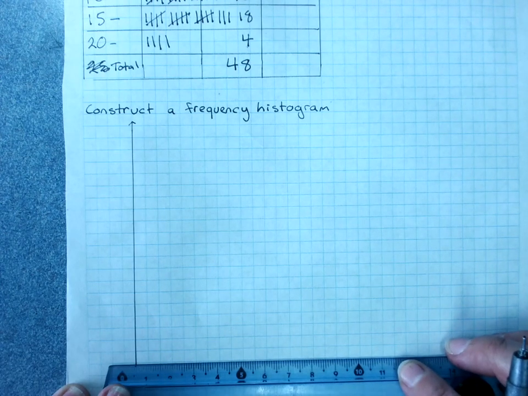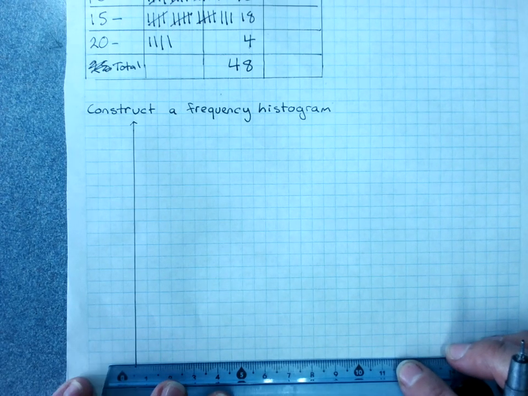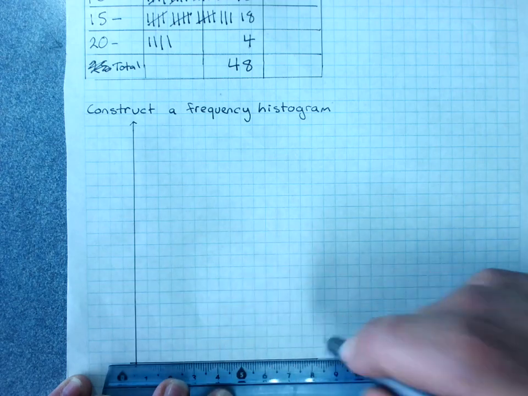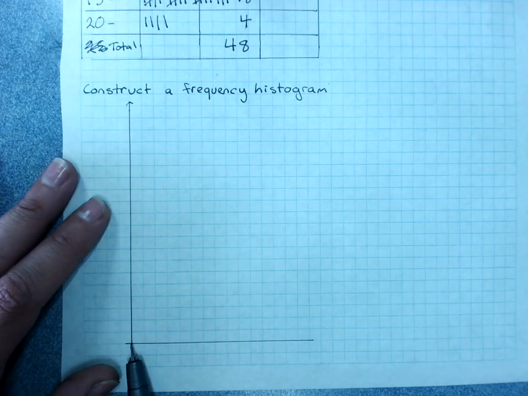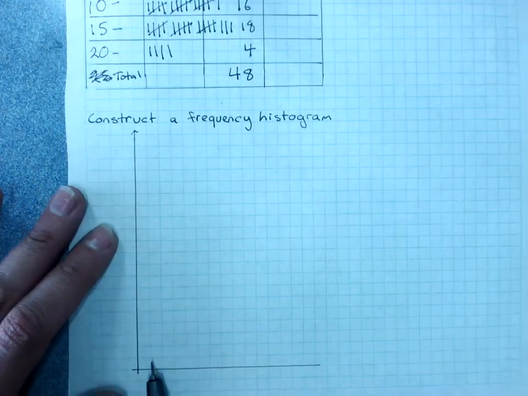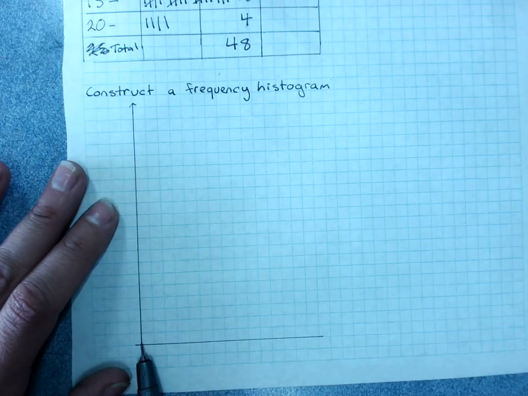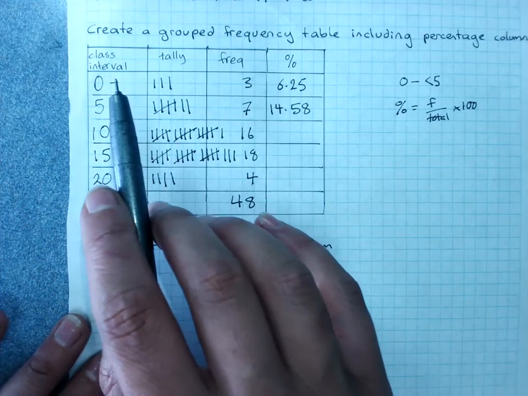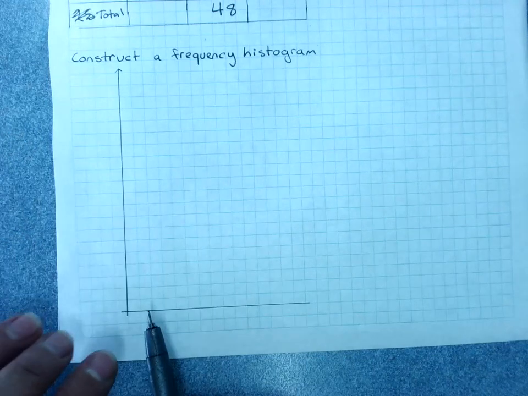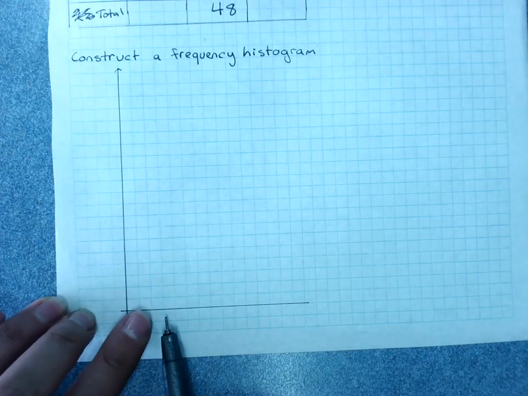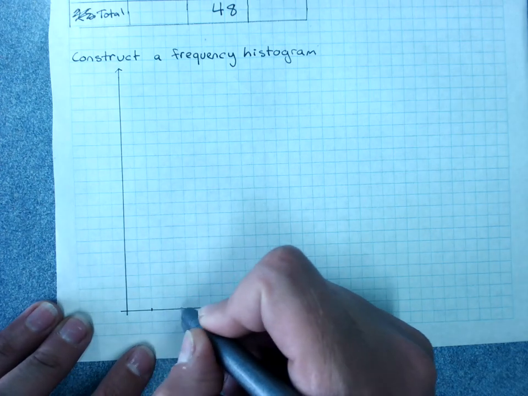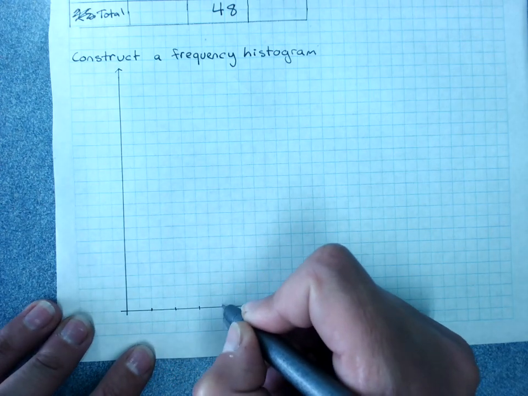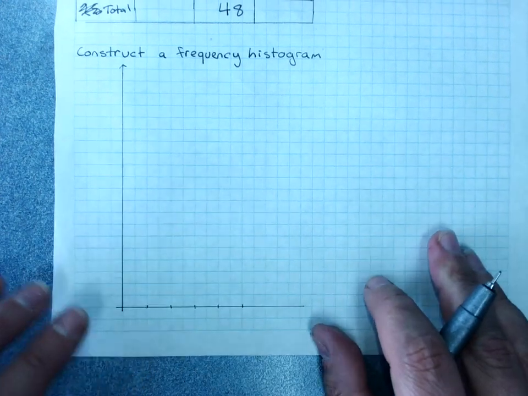And I've got how many groups? 5 groups. Now there's a couple of things to be aware of. If your first group started at 0, which ours does, then we start our column at 0. If we didn't start at 0, if we'd started somewhere like 20, we would leave a gap and then start our first column here. So I'm going to make my column width 1 centimeter, work on the grid lines,